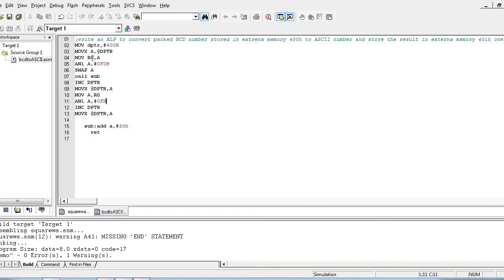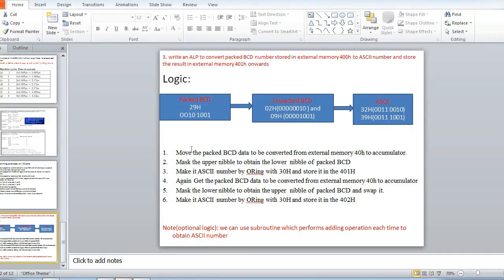So now here we need to separate our BCD value. For that we need to mask the first value, so we can make use of the instruction AND with accumulator, that is 0F0H. If we AND the given data with 0F0H, the LSB will be masked and we get only the MSB. In this case, in 29, we get only 2 and 9 will be masked. But when we mask this value, we get 20, but we need 2.